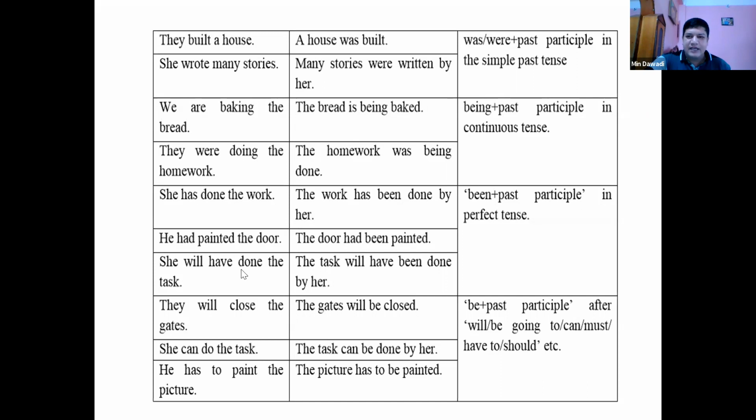Will have छ भने के गर्ने, been जोड्ने. यदि मोडल भर्बको सँगै have पनि आएको छ भने been हुन्छ. तर मोडल भर्ब पछाडी verb 1 मात्रै आएको छ भने चाहिँ be राख्नु पर्छ passive गर्दा. They will close the gates छ भने the gates will be closed. तर will have थियो भने have been हुन्थ्यो. ओके, यो सबै हेर्ने मैले यो एक्स्ट्रा इन्फर्मेसन दिएको.